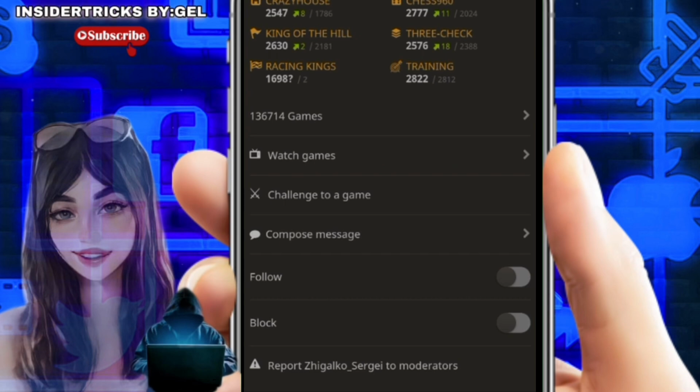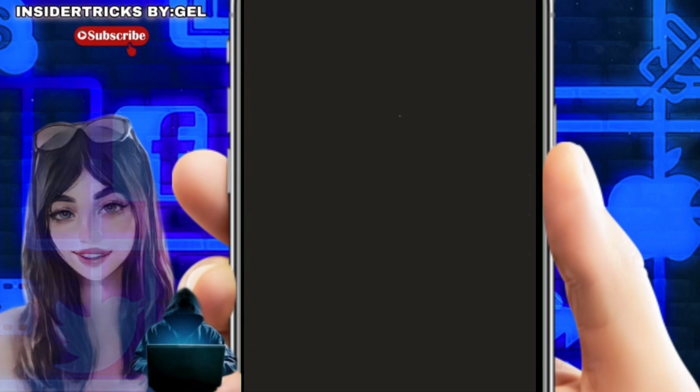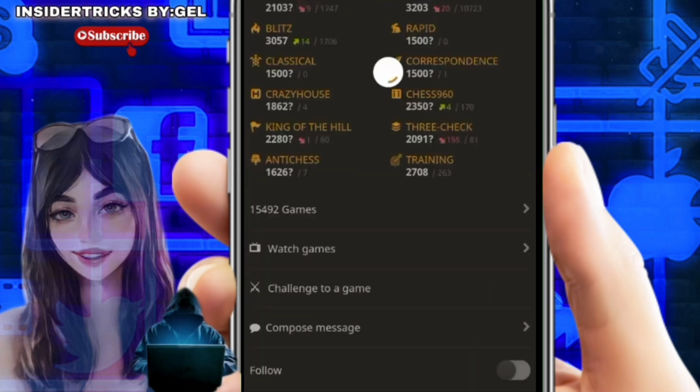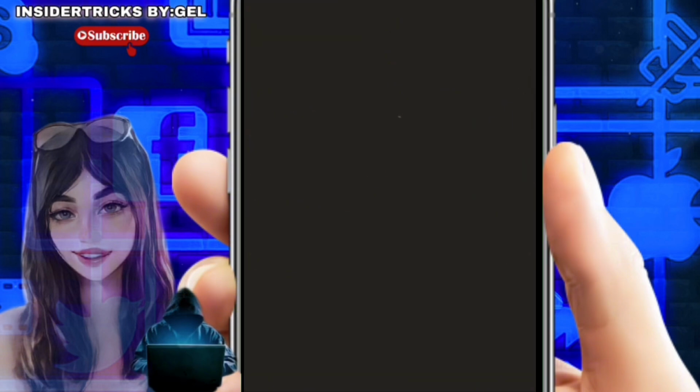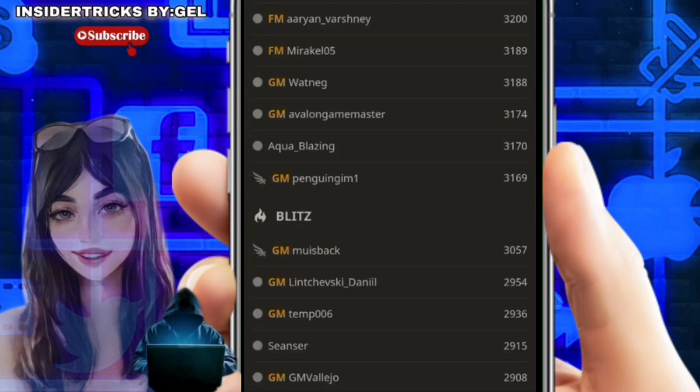Here's the cool part. Following someone on Lichess is basically the same as adding them as your friend. You can see when they're online, challenge them to games whenever you're feeling competitive, or even chat with them a bit, all within the Lichess app. So that's it, now you know how to add friends and connect with other chess lovers on the Lichess mobile